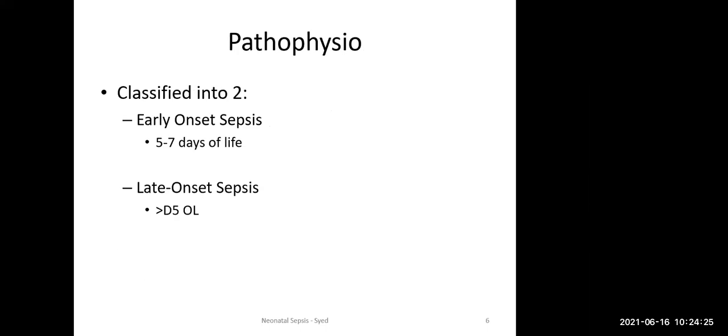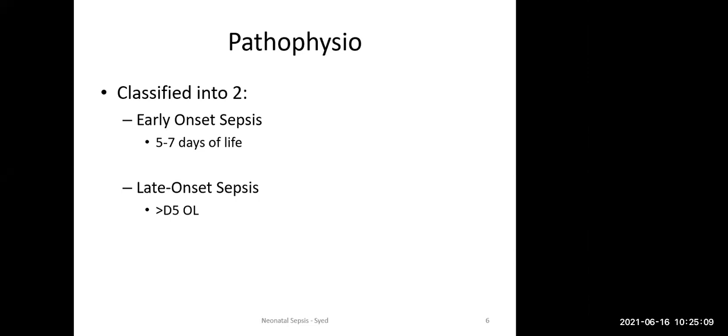Next. So in general, it can be divided into two: early onset and late onset. Early onset, most literature quote less than 3 days. If more than 5 to 7 days, it is actually quite late. Some say 24 hours, some say 72 hours, but most of the time it is 72. Less than 3 days we call early onset. After that is late onset. Why do you have to classify between early and late? Because the culprit is different. The source also is different.